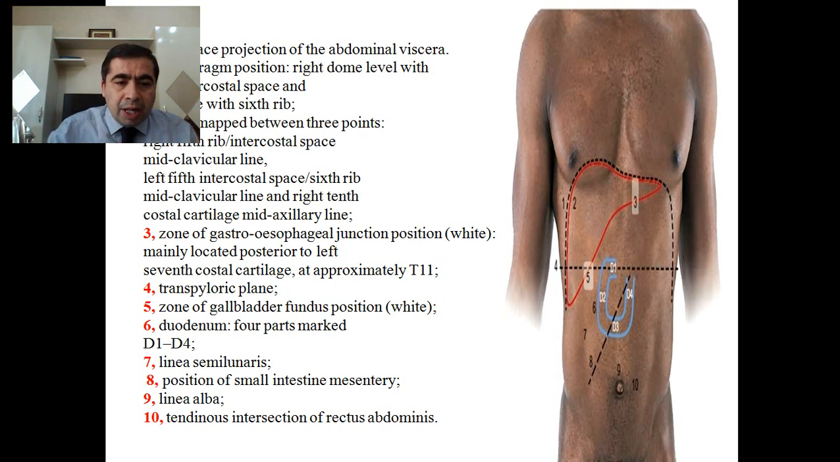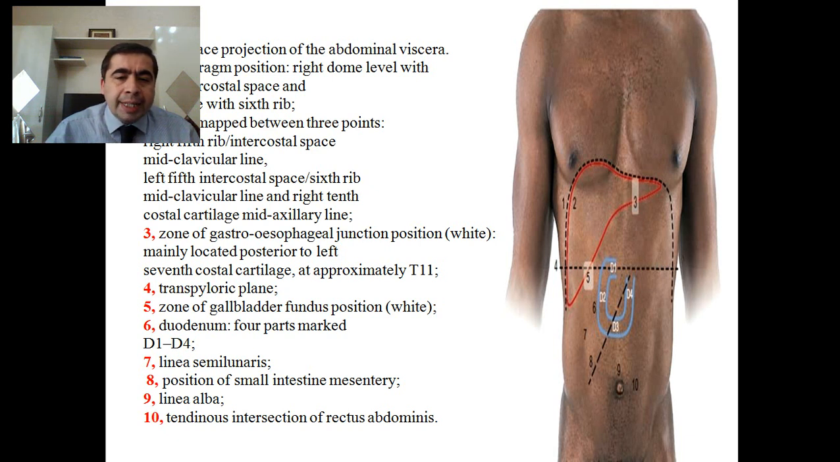5, explain the zone of the gallbladder fundus, here, this position. And 6, explain all parts of the duodenum. D1 means the superior part or the ampulla, D2 the descending part, and so on. Linea semilunaris is the lateral convex border of the rectus abdominis muscle, and 8, explain here the position of